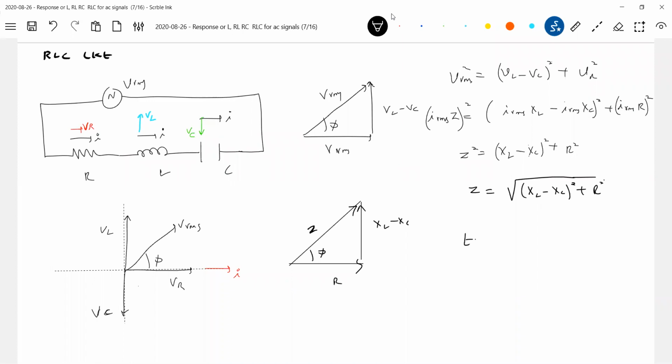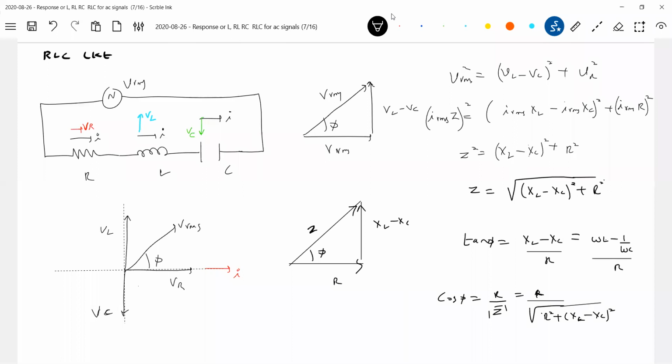So then what is the phase angle of the circuit? Tan phi is equal to XL minus XC by R. In this case, XL is omega L and XC is 1 by omega C, divided by R. Go back to the basic formulas. What is the power factor of the circuit? Power factor should be R by mod of Z, which is R by the square root of R square plus XL minus XC whole square.